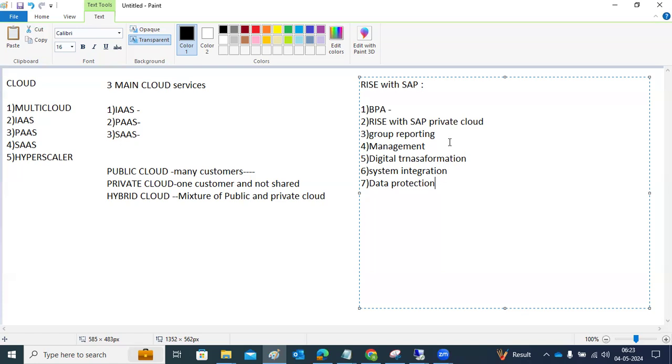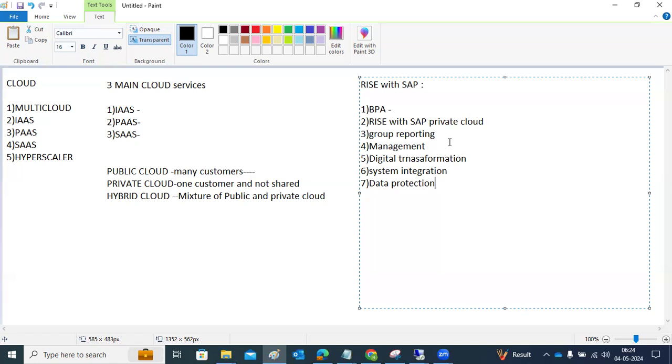Actually, regarding Rise with SAP, in 2021 SAP announced a new product called Rise with SAP solutions. Rise with SAP was not a new product like SAP HANA, right? It's just solutions, new functionalities. There is a set of functionalities SAP is providing, which they have named SAP Rise with SAP.